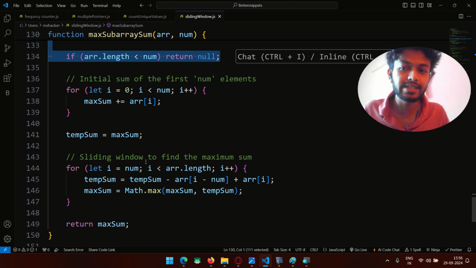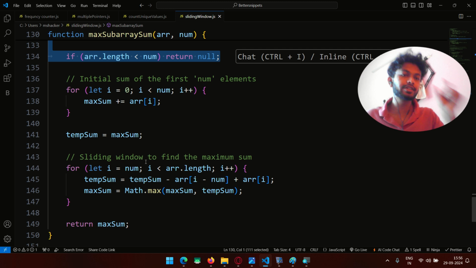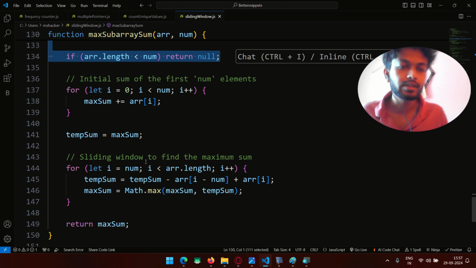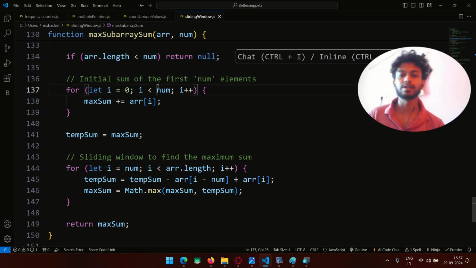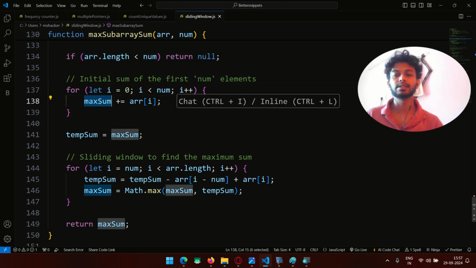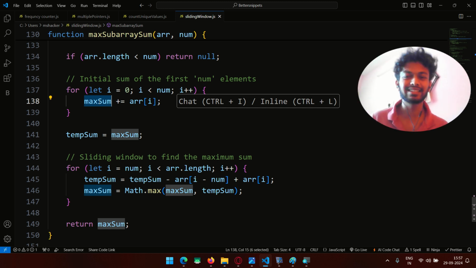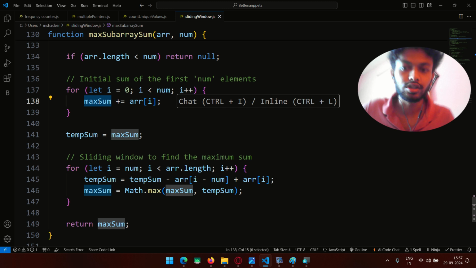So on the basis of n, on the basis of how many numbers the person wants, like the maximum sum of how many numbers in the subarray, how many numbers should be there in the subarray, that is defined by the user. So n, basically num. So we are doing that. We're setting max sum by creating that first initialization of